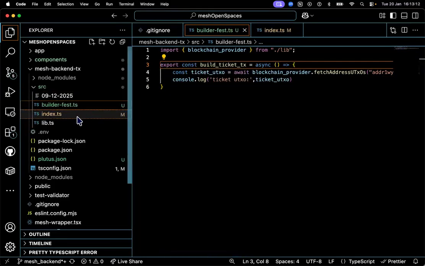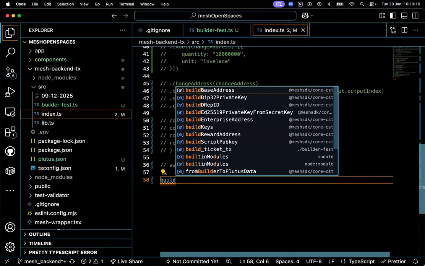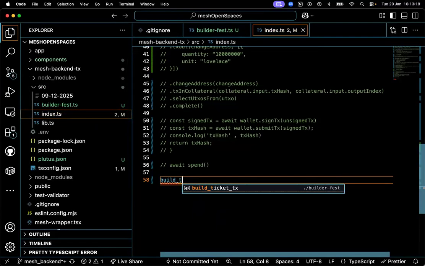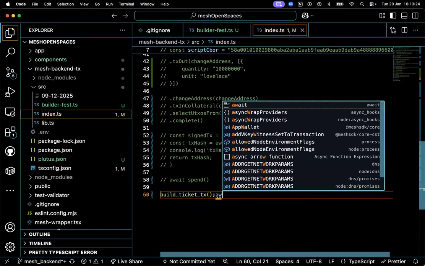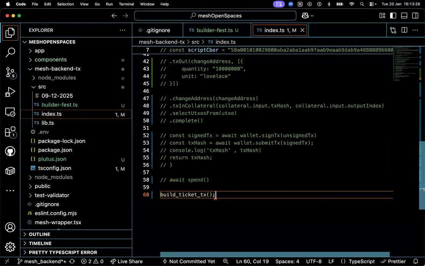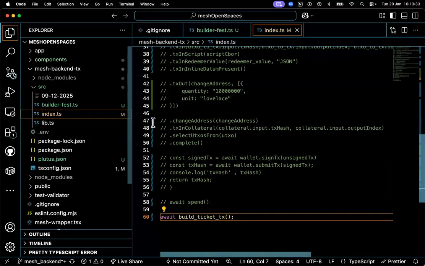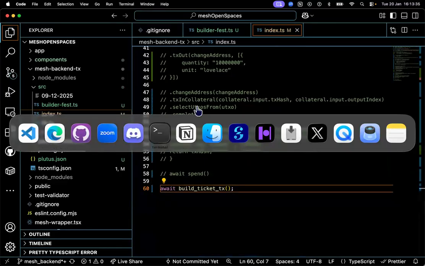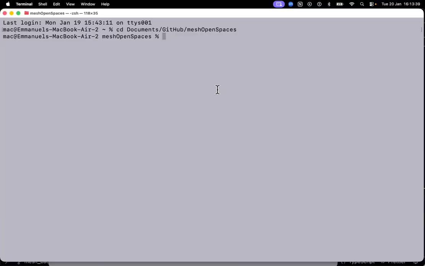All right, so let me now call it here. Let's see what's actually happening. I'm going to check mesh.